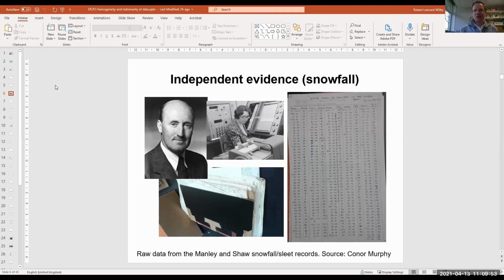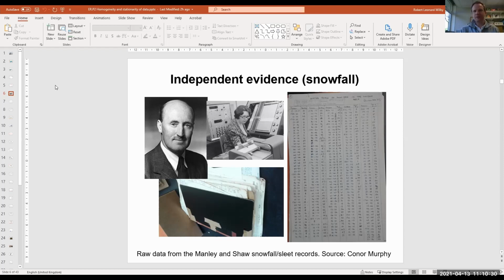And until recently, one of Manley's records of long-term snowfall had only just come to light. It's now been digitized and used in the study that I'm going to show next. You can see here a photograph of a page from the ledger of Manley's records, handwritten notes on winter snowfall totals. These are held in the archives at Cambridge University. It took some finding by my friend and colleague Connor Murphy to reconstruct a long-term history of snowfall to help us interpret the changes that we see in the